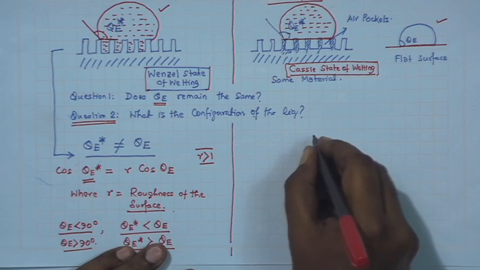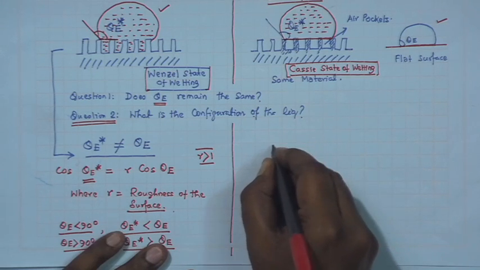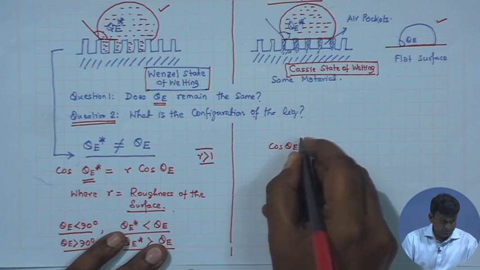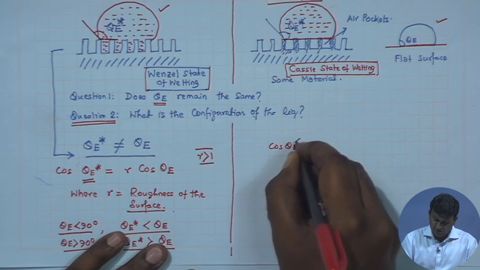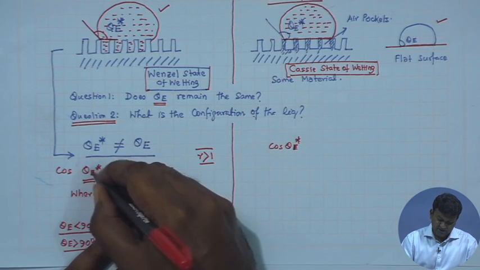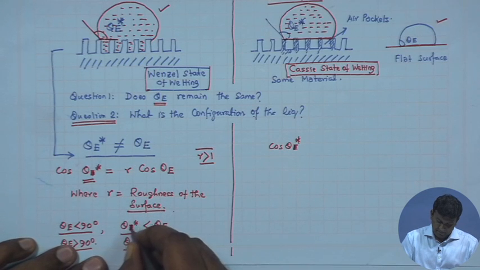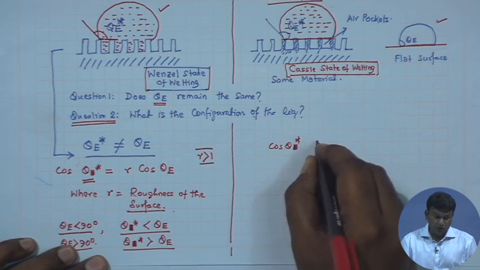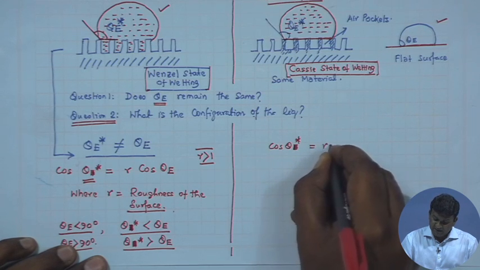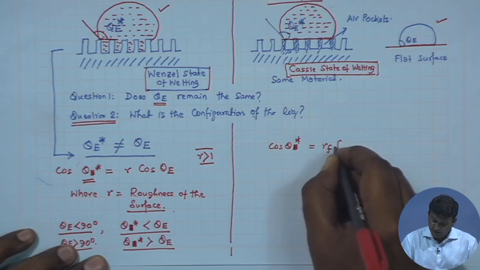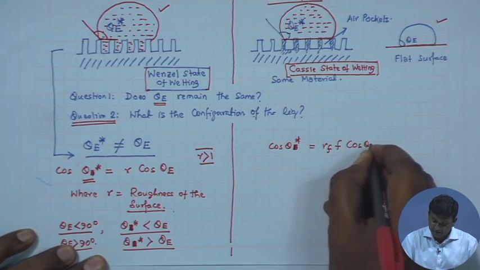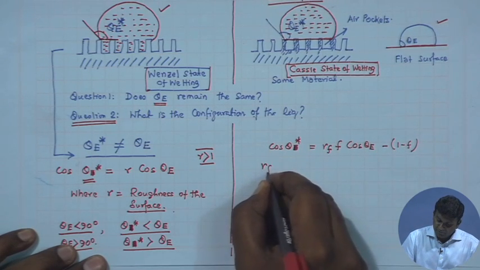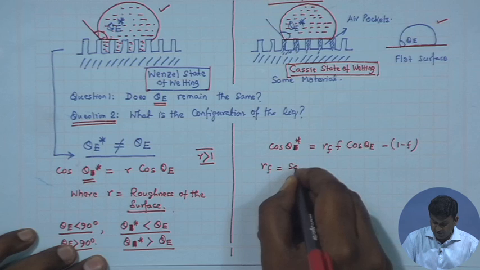A bit more complicated relation is given for the Cassie state, or one can also write theta star. You can write this as theta star. That is the more common notation. What is given has another new factor f coming in. I will explain it in a minute. Rf is the same roughness,